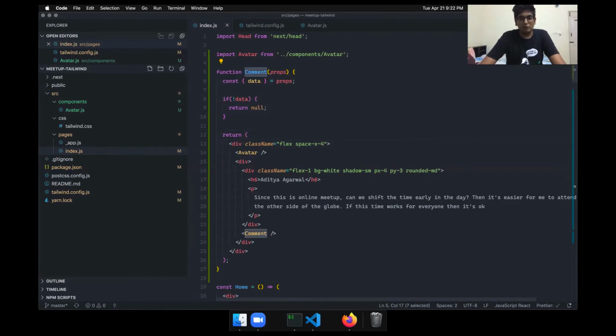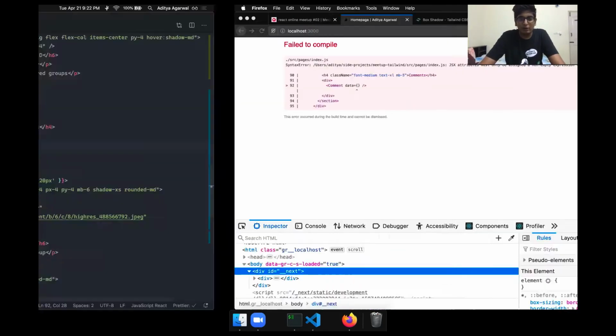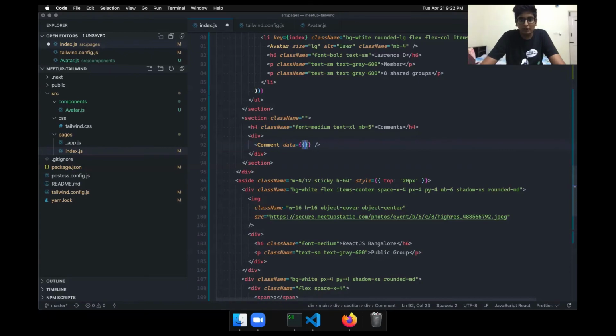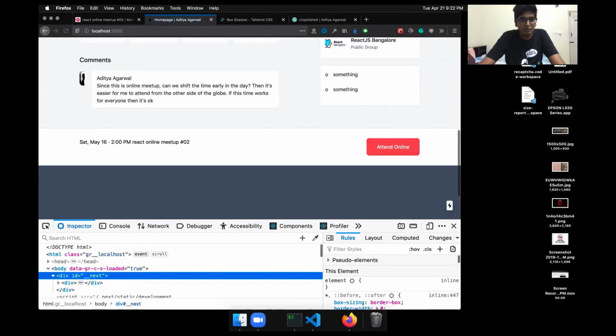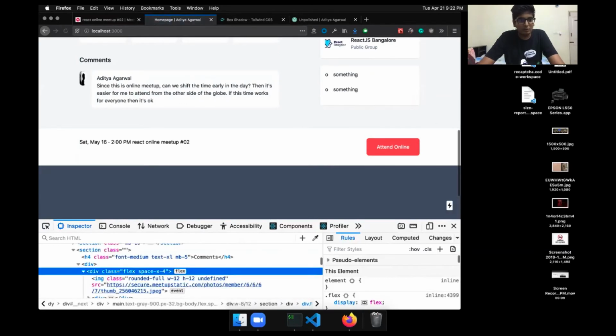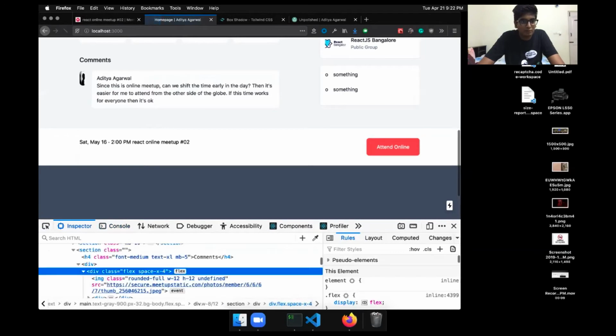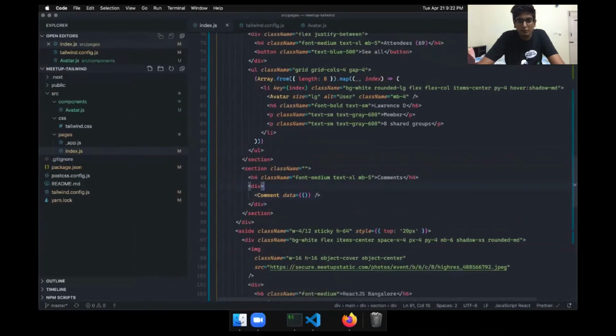And now we have to pass something here. So for now I'm just saying data is an empty object, and empty objects are not allowed. So yeah, this will work. I don't know what's happening. Okay, right.